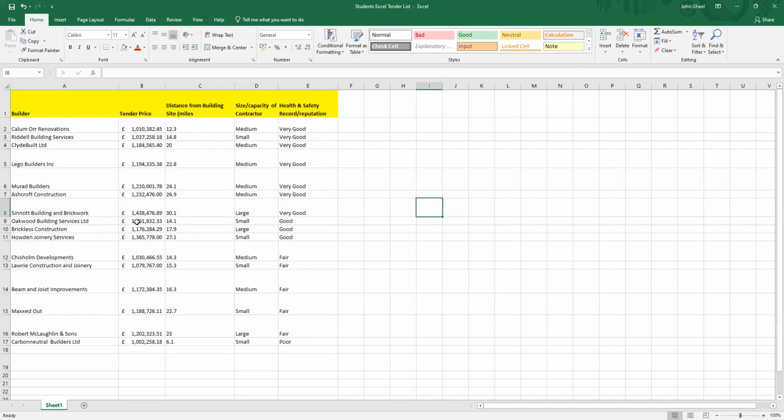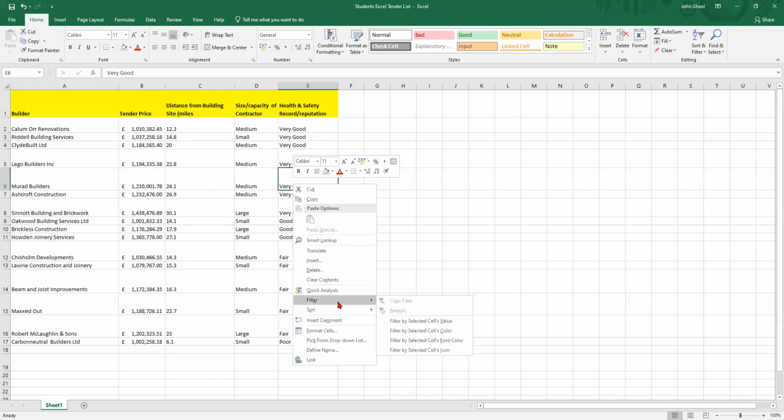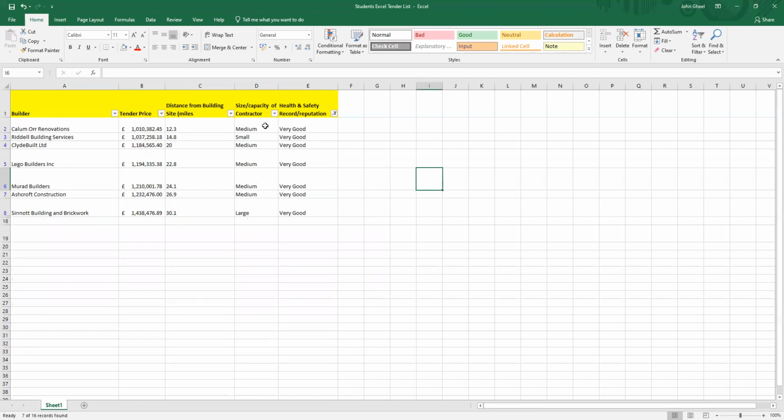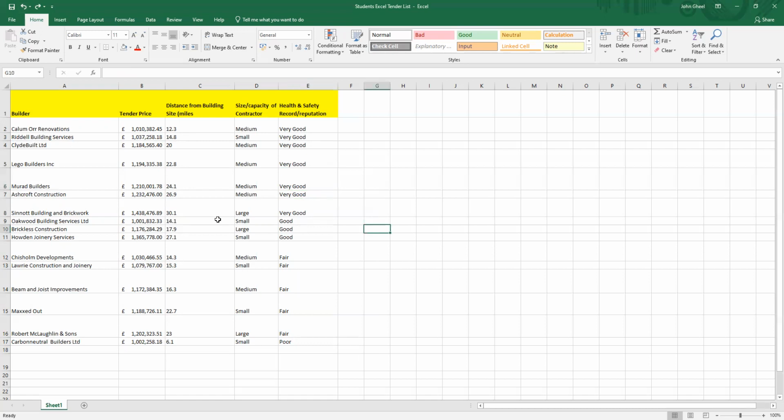Okay. The way we would do that is, well, let's say we wanted to show very good. First of all, let's click on a cell and then right click that and go to filter, and then select filter by selected cell's value, and all of the very good contractors come up here. Now, the problem with that is that you're not able to see the good contractors. The way we can do that, if we just go back, undo that, the way we can change that